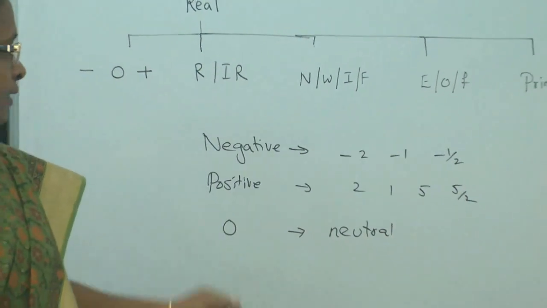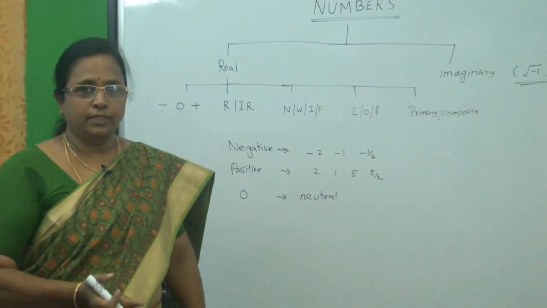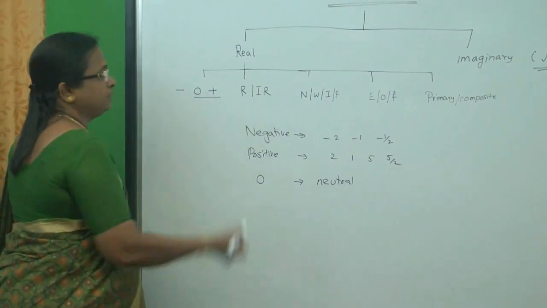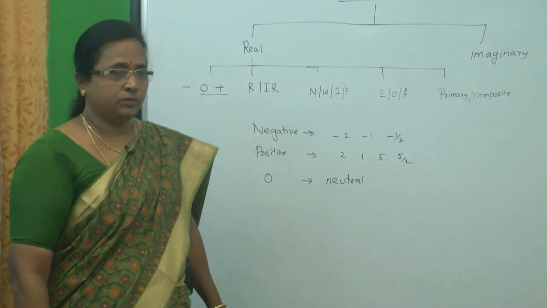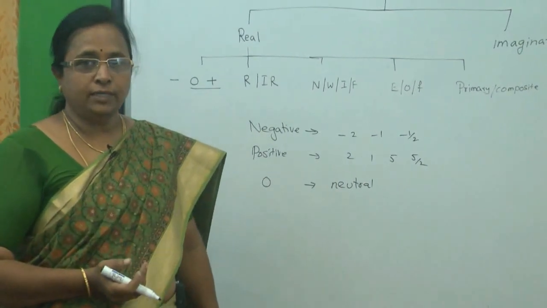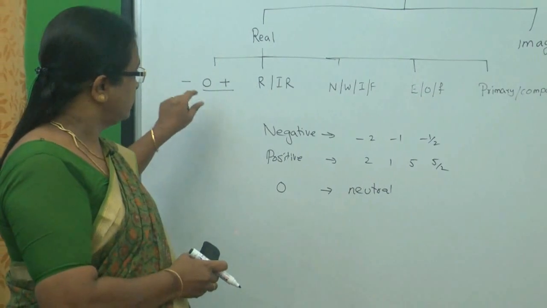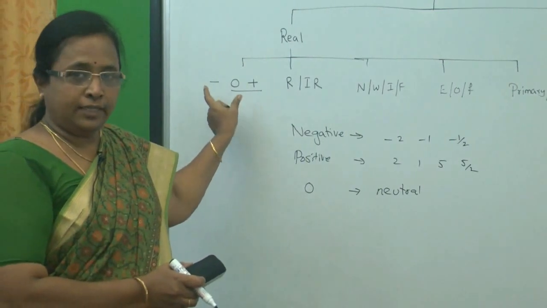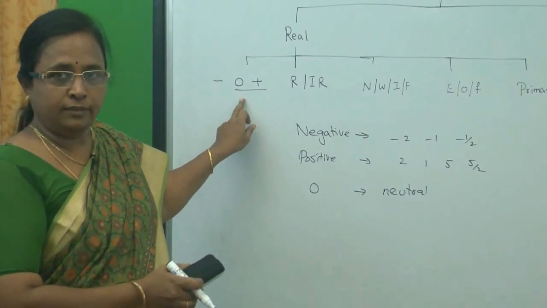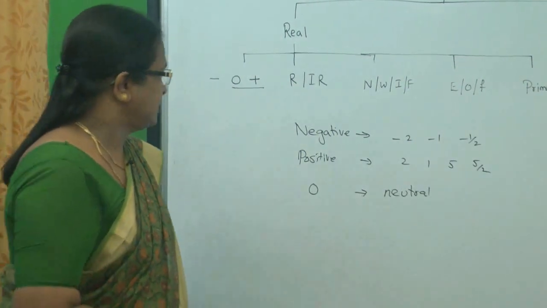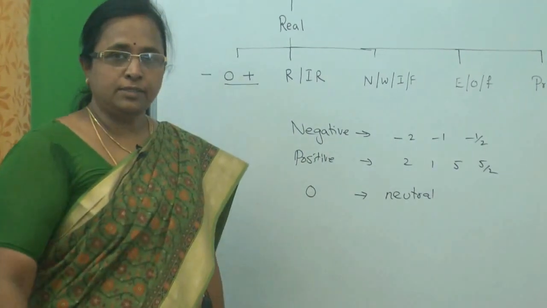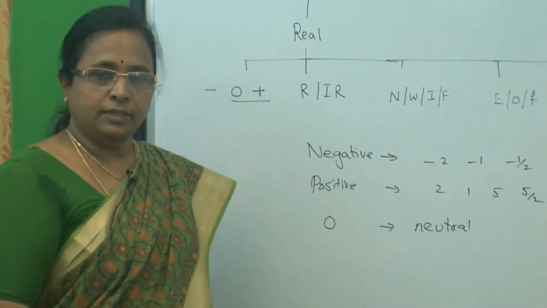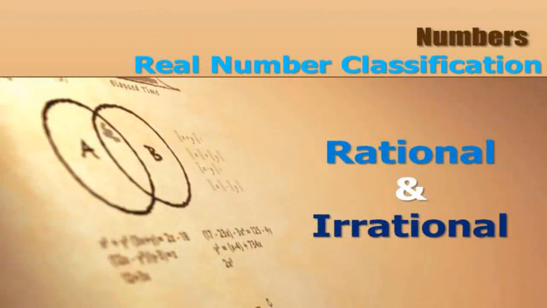And also you should be aware when they say non-negative. What is the meaning of non-negative? Non-negative is which is not negative, so it can be 0 or positive. Whenever they give, like, x is a non-negative integer, you have to consider 0 first, and then the positive numbers, because there are 3 categories, and in those 3 categories, 0 is the only number in its category. Similarly, non-negative numbers can be either 0 or positive, and non-positive numbers are 0 or any negative numbers. So next, we'll see the next classification.